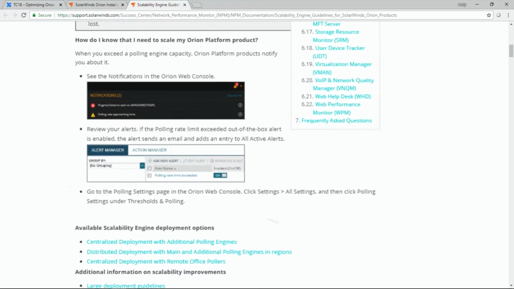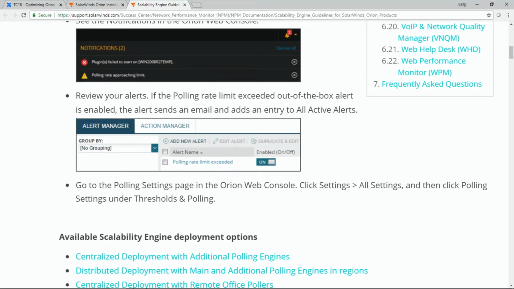Now, this is my favorite one because this says polling rate limit has exceeded. So when we were just looking at those settings, it said, hey, I'm at 99.9%. It was like 4 milliseconds, my last update to the database. What happens when that goes over 2 minutes? Well, we know we're missing polling cycles, right? So this is an actual alert within your alert manager that will look for that, and it'll say, hey, based upon the threshold that you have set up, I'm not getting an update through the database. So that helps you to not have that ghost poller.